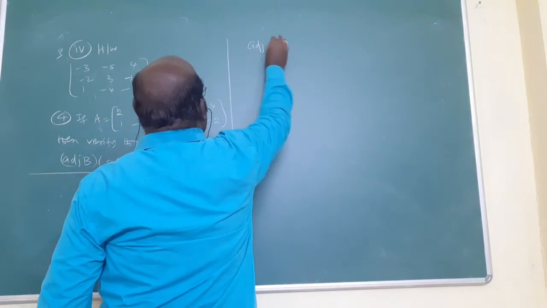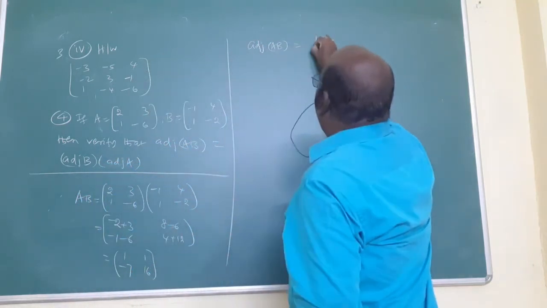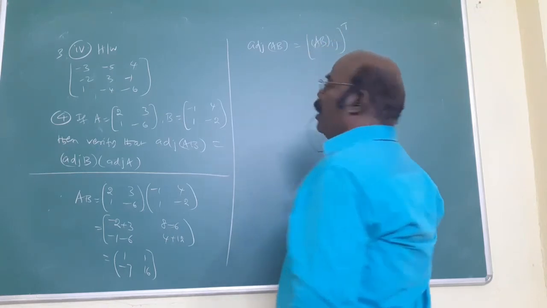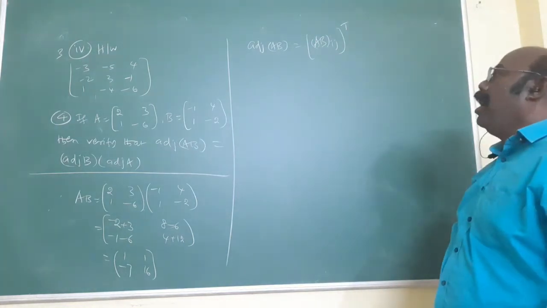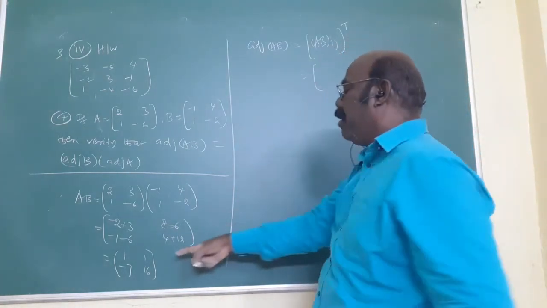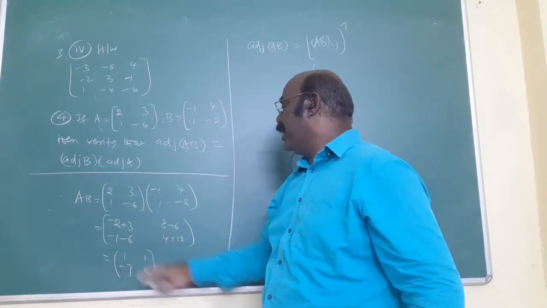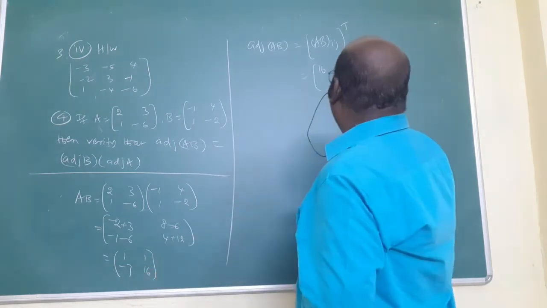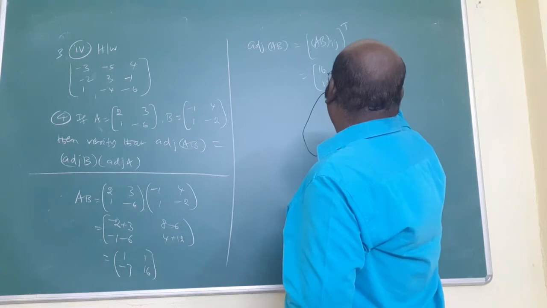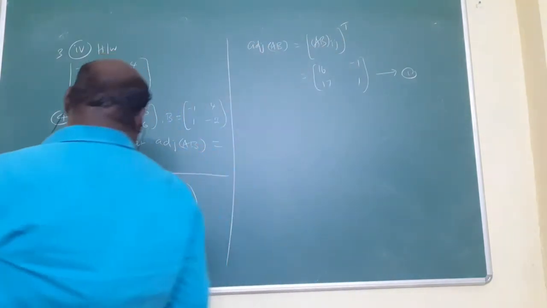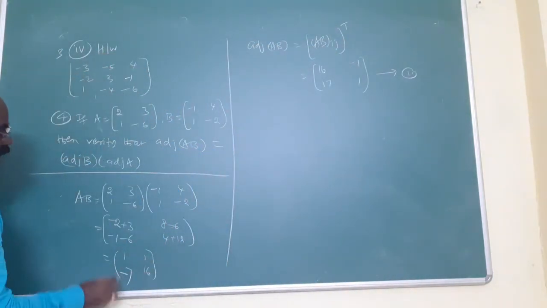Adjoint of AB is asked. Adjoint of AB means, what is the formula? Adjoint AB is AB's cofactor matrix whole power T. This is the formula. What I told you, that is the right answer. Two questions, no? This is AB. In the first diagonal, 1 and 16: interchange the elements, 16 here. Next elements, change sign: here minus 1, here 17. That's all, the first answer. Look at that, exactly minus 7. First diagonal, interchange the elements. Next ones, change sign only.